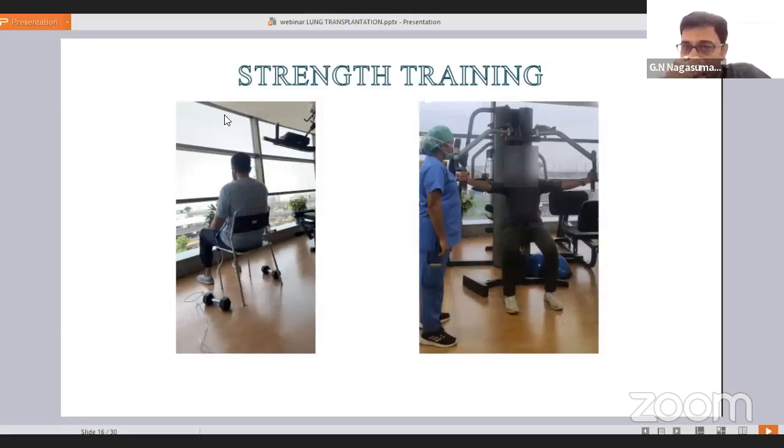So this is a physiotherapy unit. This is a patient of ILD case, and he is on oxygen therapy. This is prehabilitation. He came to us, and he has a good history of doing gym workouts. So immediately he progressed to the strength training. We started with resistance training exercises with the bands, immediately progressed to the dumbbells, and eventually progressed on.